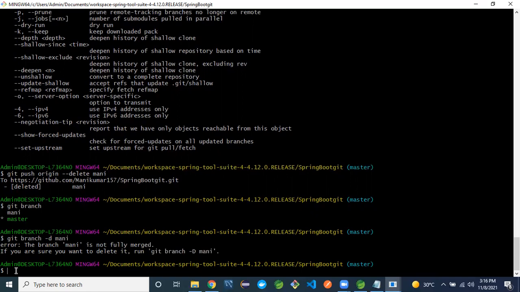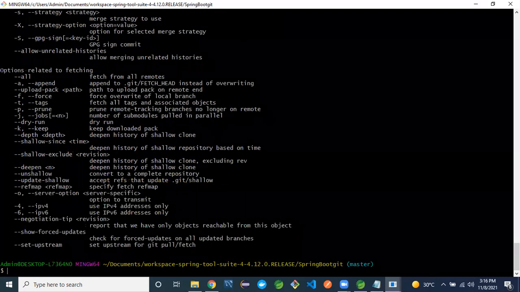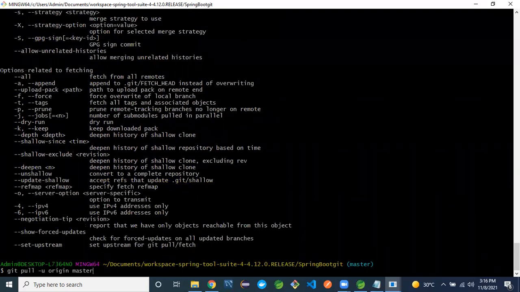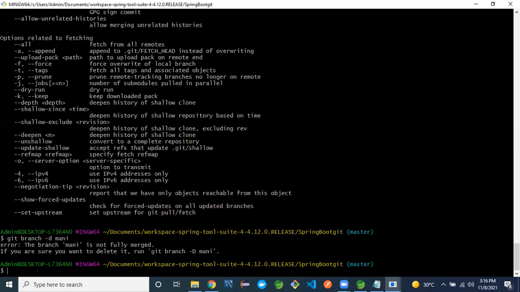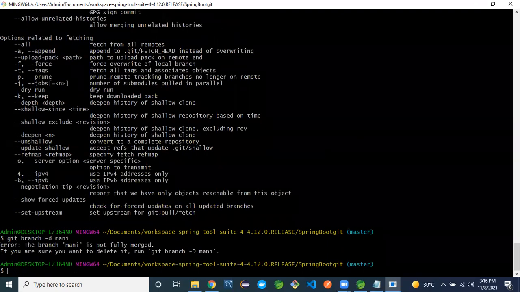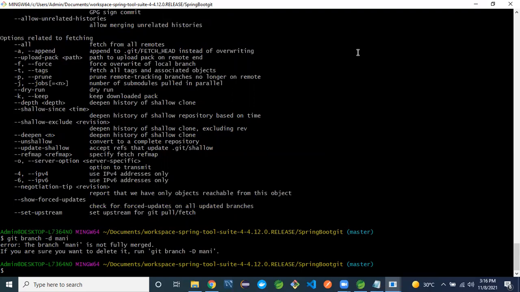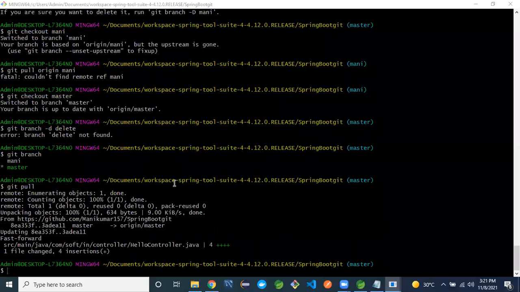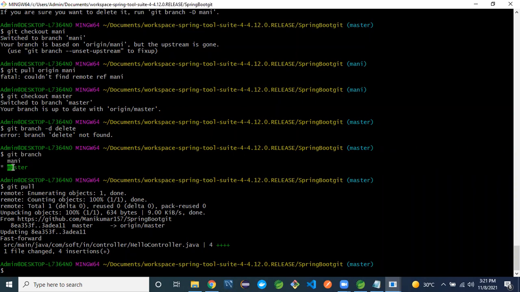We can pull the code. Now we can delete here. See here, currently two branches are available, the money branch and the master branch. I will pull the code from the master branch, git pull.